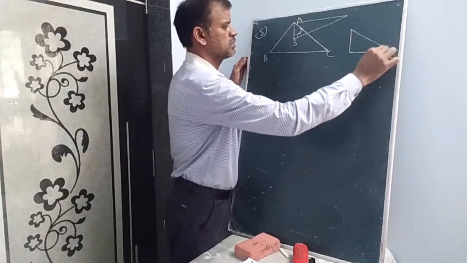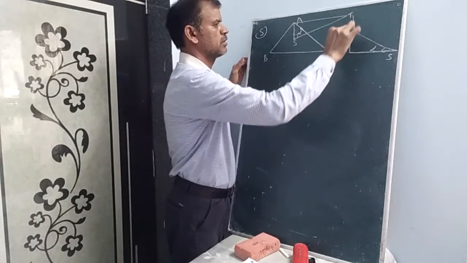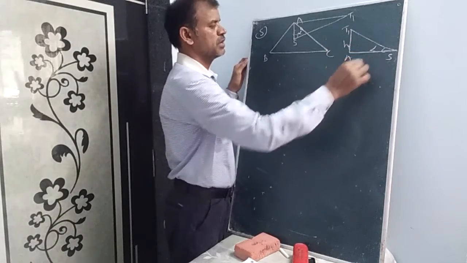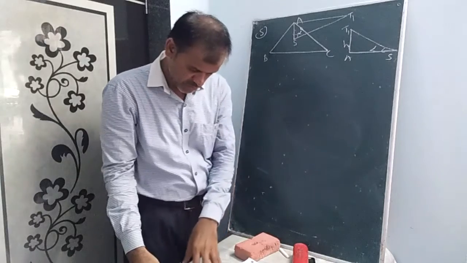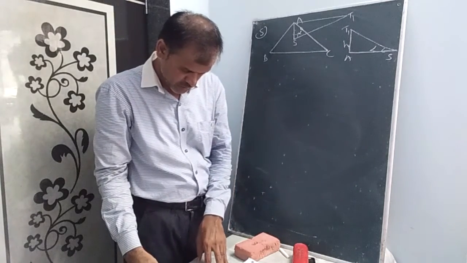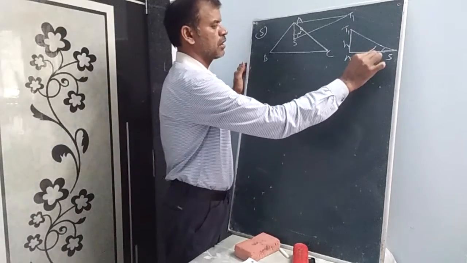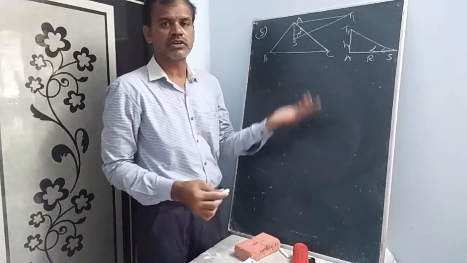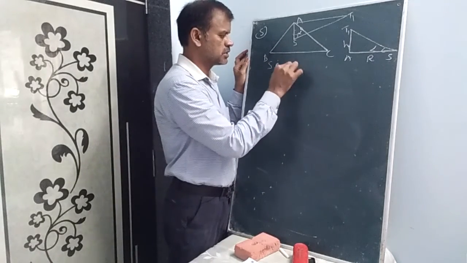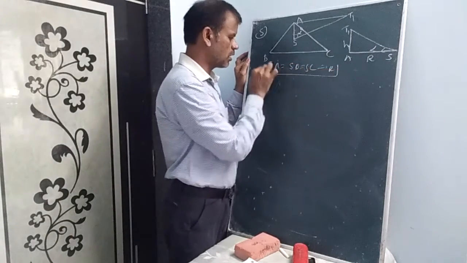Put here S. This is alpha. This is tower T, tower 1, tower 2. This is A like this. This is H1, he has given. H1 by SA. If he gave nothing, let us think of SA as equal to R. Because S is the circumcenter, SA equals SB equals SC equals R, the circumradius.